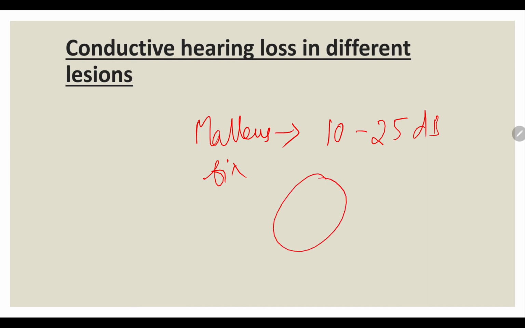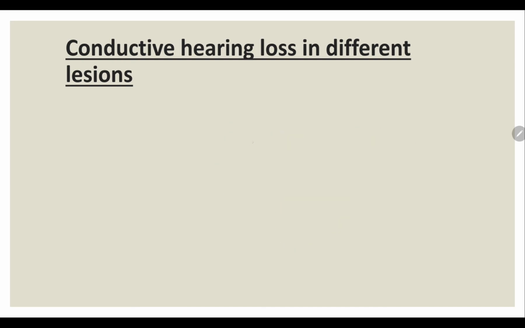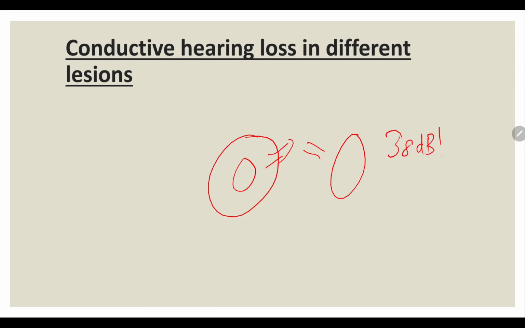And in case of ossicular interruption with perforation, there is a perforation and as well there is ossicular interruption, there is 38 decibel loss. A great wonder, because there is a perforation and there is discontinuity, still there is 38 decibel loss because the vibration produced, or the air, can directly trigger or activate the oval window, and thereby the hearing loss is lesser when compared to intact drum.